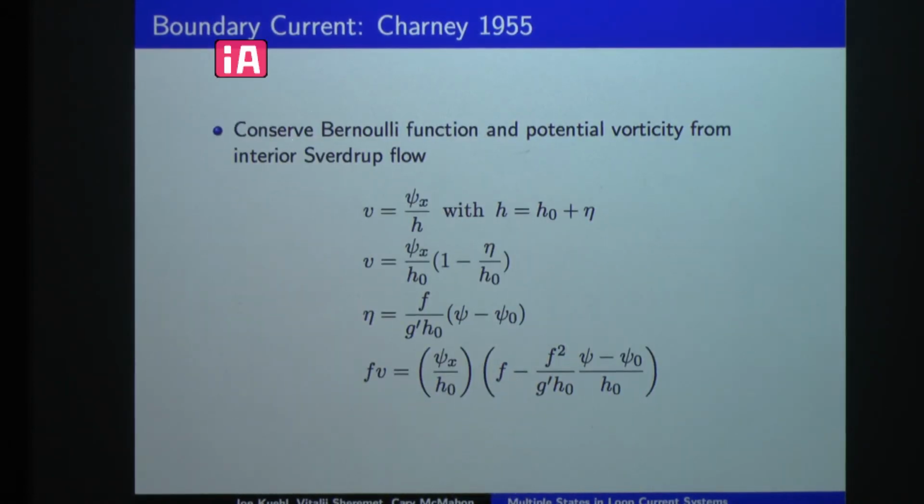Of course, if you want to go two-layer geostrophic, there's not as much theory out there. And actually, we had to go all the way back to 1955 and look at some work that Charney did to get a structure function for a two-layer western boundary current. And it turns out when you go through the math of it, we get pretty darn good agreement. It was a little bit surprising we had to go all the way back for such a fundamental